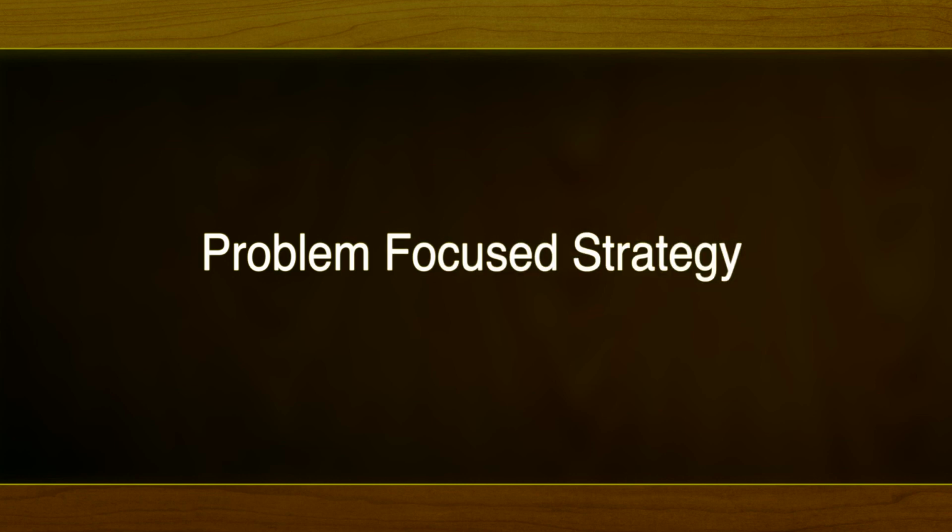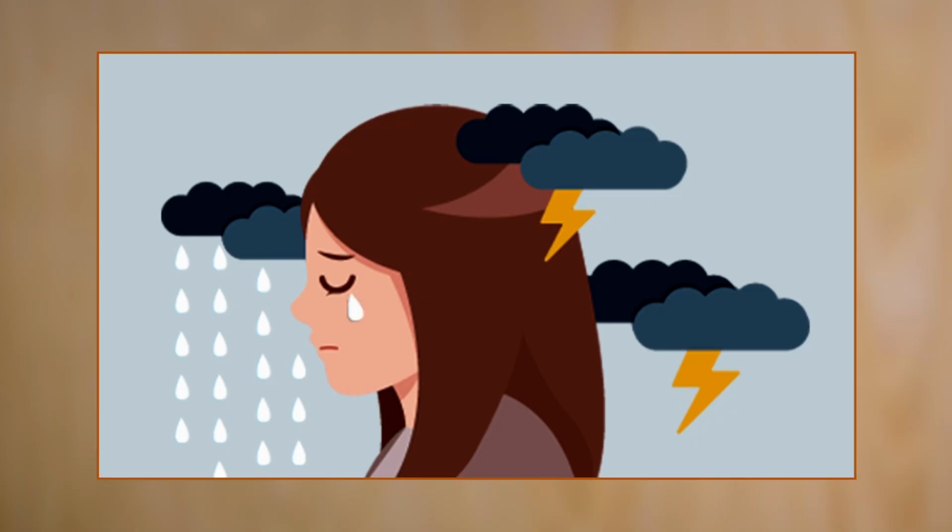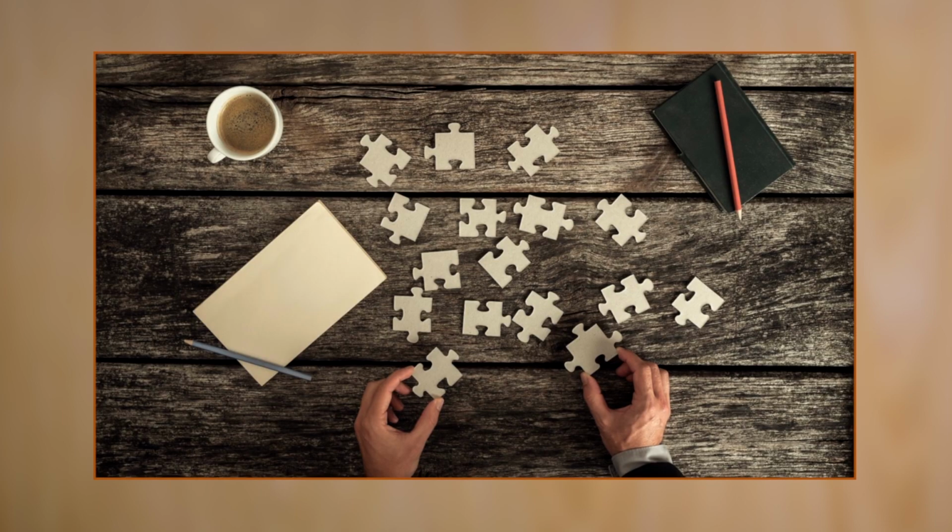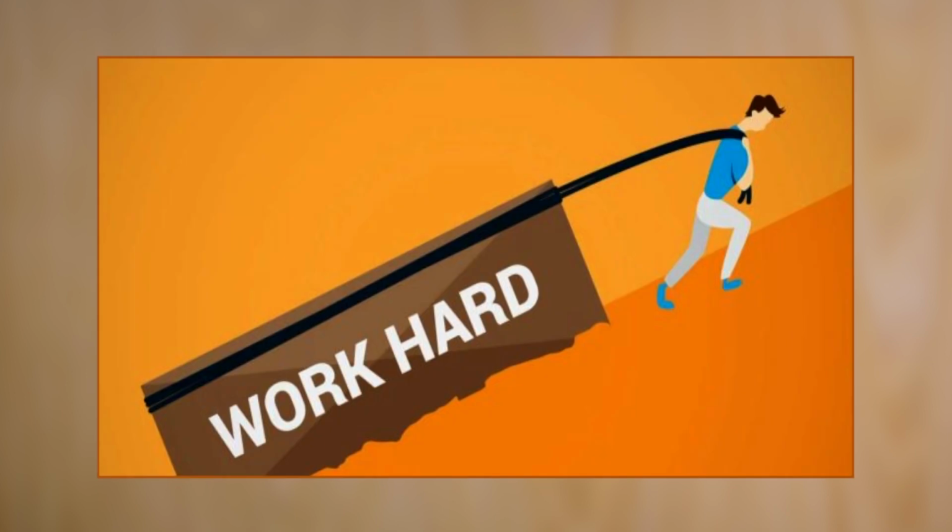Generally, there are two coping strategies based on different areas of focus. Number one, problem-focused strategy. Those using a problem-focused coping strategy focus on the problem itself, attempting to tackle the root cause of distress. Examples include analyzing the situation, working harder, applying what they have already learned in their daily life, and talking to someone that has a direct impact on the situation.